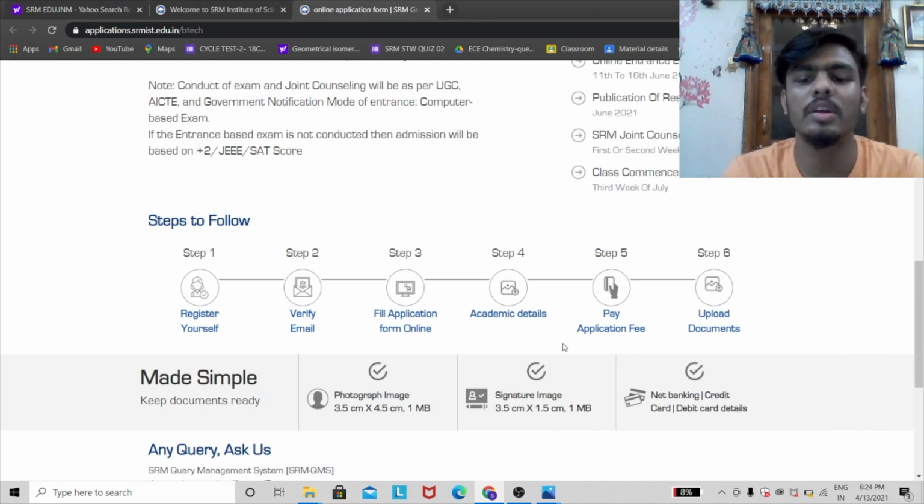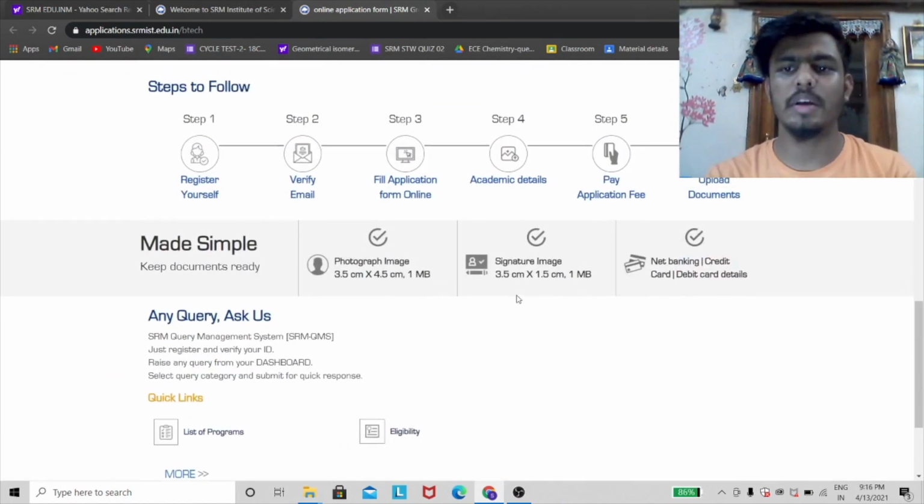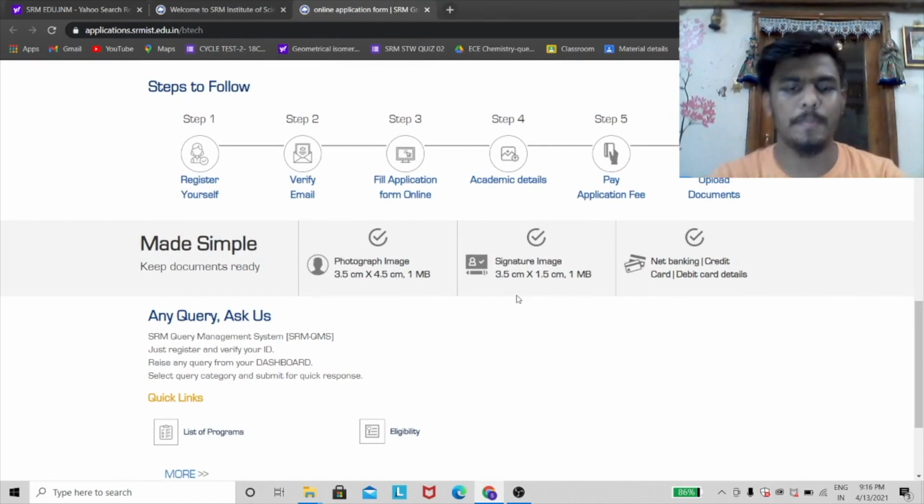When you're done with it, so yeah, guys, as we have completed our payment part, now it's time to upload the documents. When you do your payment, they will redirect you to the upload document portal. In this portal, they will ask you to upload your basic class 10th mark sheets and passing certificates. Same goes for class 12th also. In addition, they can ask you to upload your birth certificate and other basic documents, I guess.